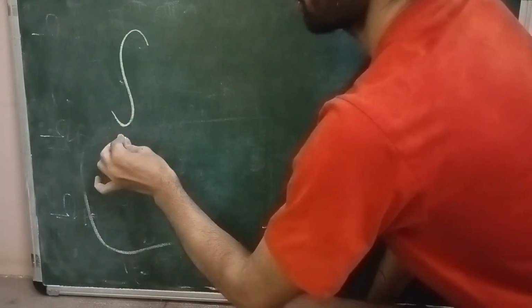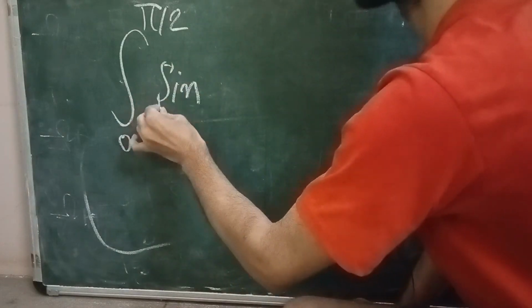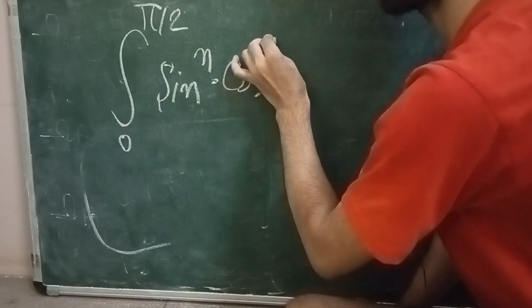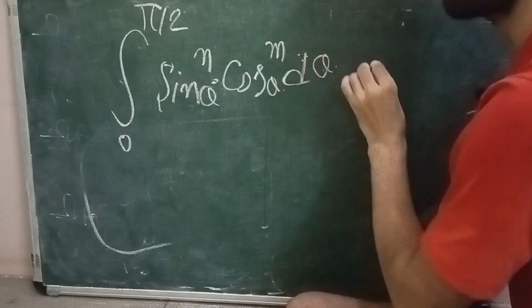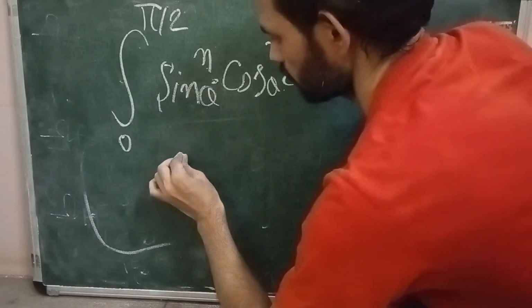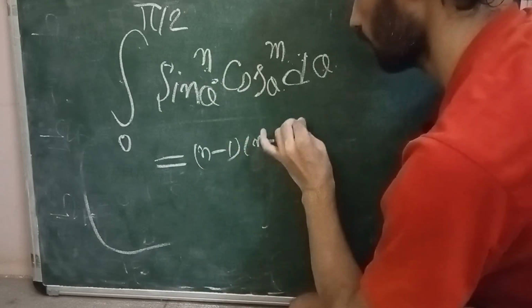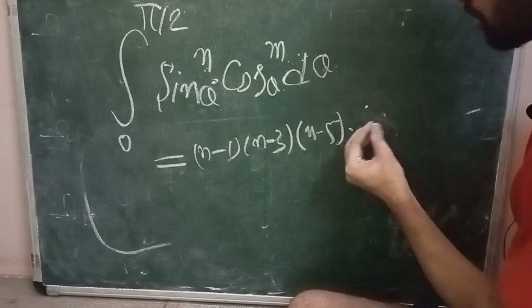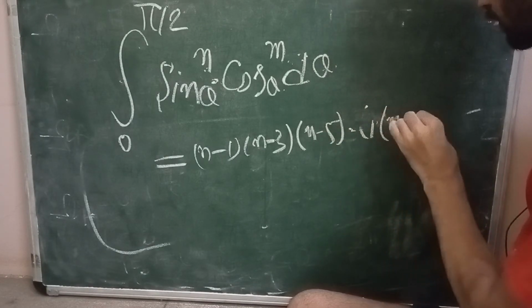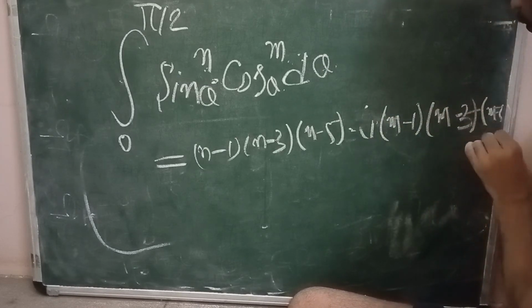Now, the Wallis formula is nothing but, let us see here, the Wallis formula. The integral from 0 to pi by 2 of sine to the power n, cos to the power m, with sin theta d theta, is equal to: n minus 1, n minus 3, n minus 5, like this in odd order, into similarly m minus 1, m minus 3, m minus 5, and so on up to 1,